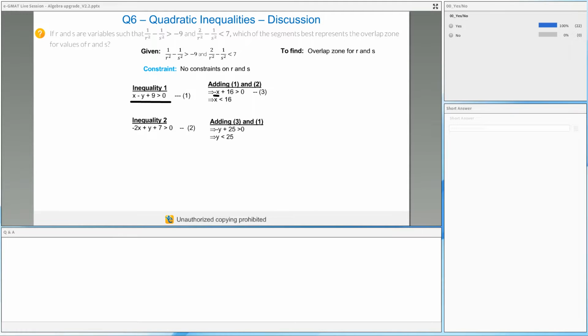Okay, good. Now once I have this, obviously I'm not looking for x and y, I'm looking for r and s. So I'll substitute again back the value of x as 1 by r square, and I'll write it like this. Okay, you don't need to do this step, you can simply take it